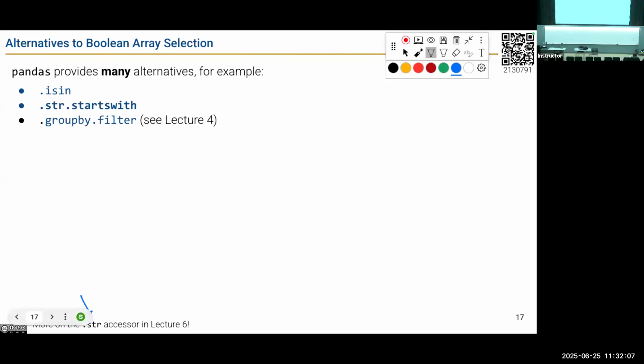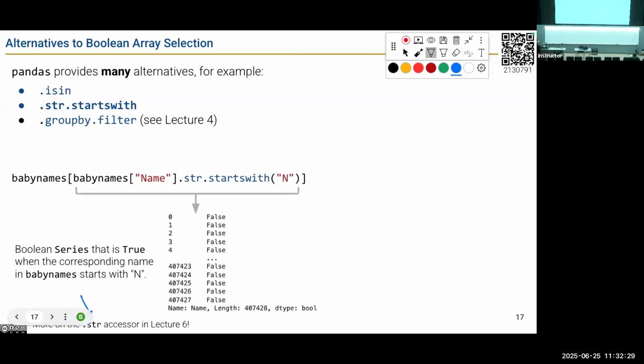But just know the reason why there's a double dot here is you're saying to your data frame or to your series, you're saying .str, we're going to use a string operator. Hey pandas, we are about to use a string operator. And so when you use .str, it opens up all of these different string functions that you can use on a particular series. And then if you do .startswith n, it's just going to pull all of the names that start with n. So just know when you're doing string manipulation with a series, you have to use this .str accessor. And then you get all of these nice string methods you can work with.